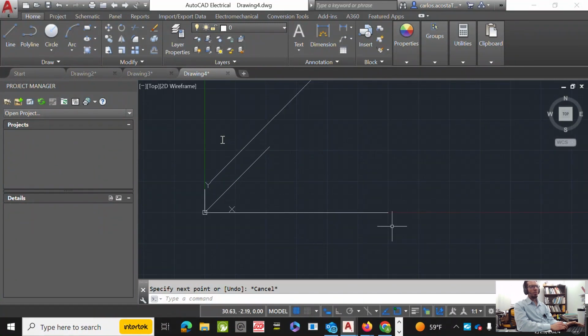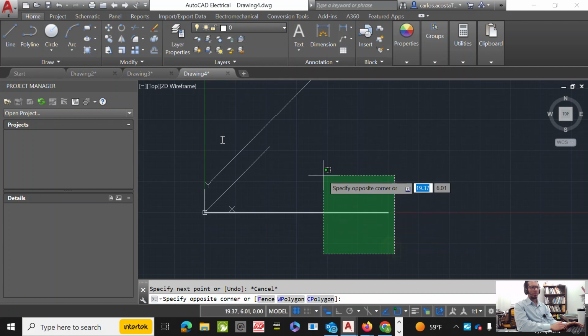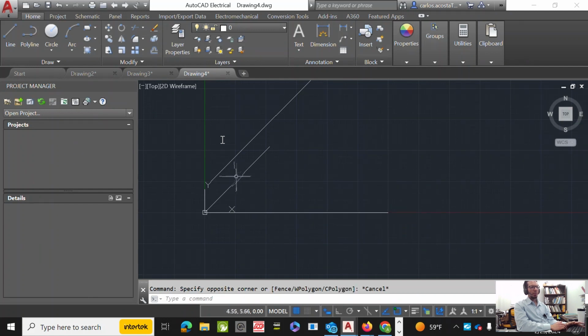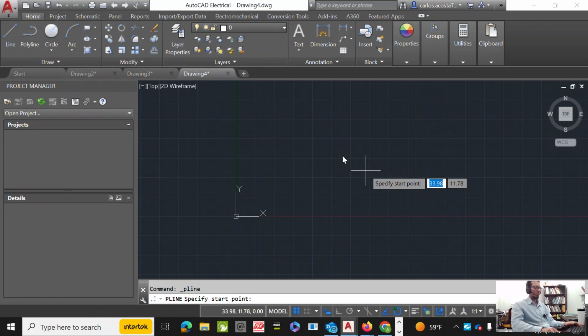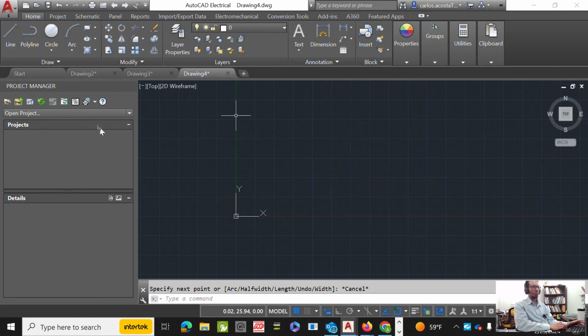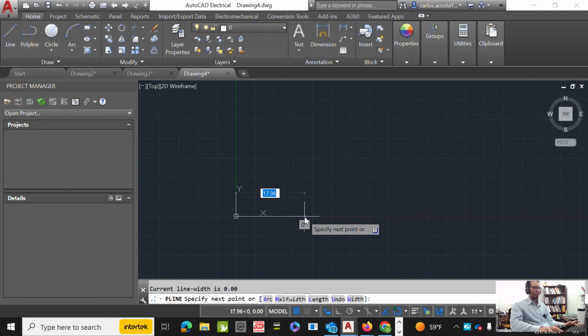Alright, so we know how to create a horizontal line. We know how to create polar lines. So polar is length and an angle. Right, so that is just with a line. So if you go to polyline, we can do the same thing, and we can combine the concepts. So let's start with saying 0, 0 is my first, whoops, repeat line. Actually no, let's go to polyline, 0, 0, enter, yes, and then ortho